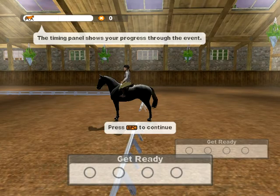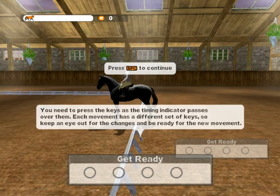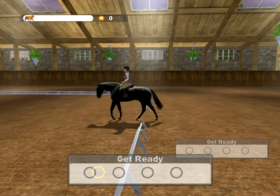Before we get started, the timing panel shows your progress. The dressage panel shows you the keys that you must press to perform each movement. You need to press the keys as the timing indicator passes over them. Each movement has a different...